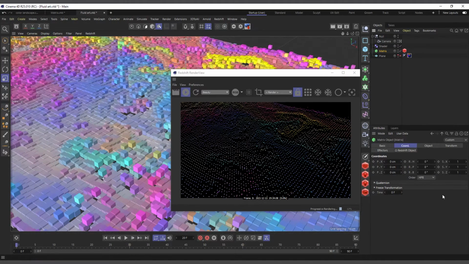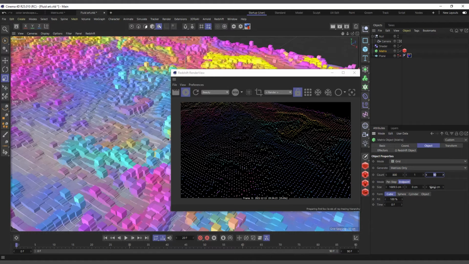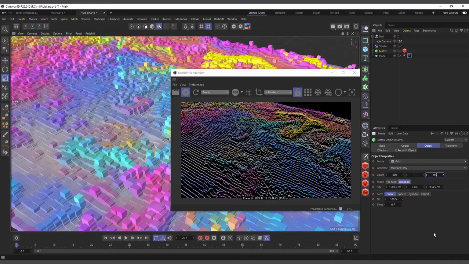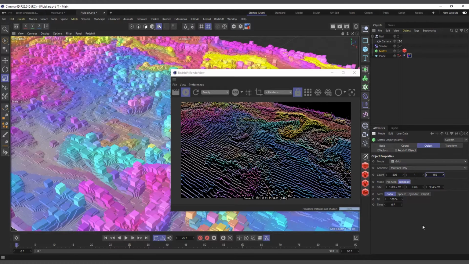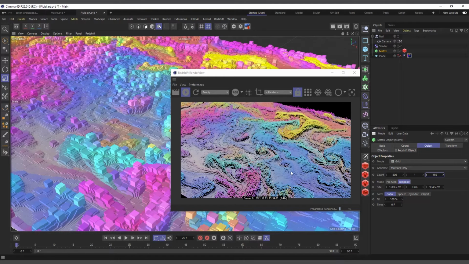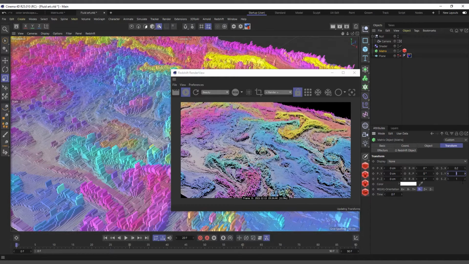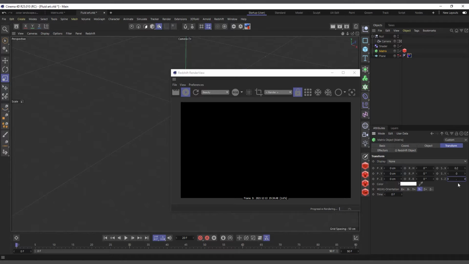So let's go into the matrix and increase the number of matrices we have. I'll make it 800 by 450. That's a lot of matrices, so it takes a bit to calculate, but it's still showing as points. In the matrix, I want to come to its transform and set it to 0.2. It's not showing, which is fine, because we are not going to use the points.